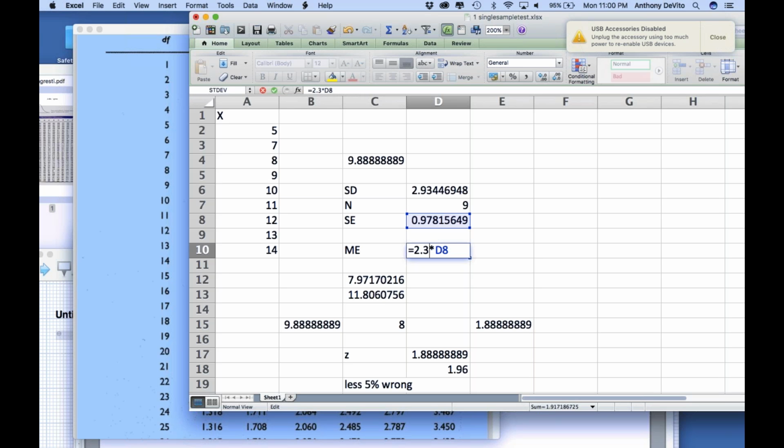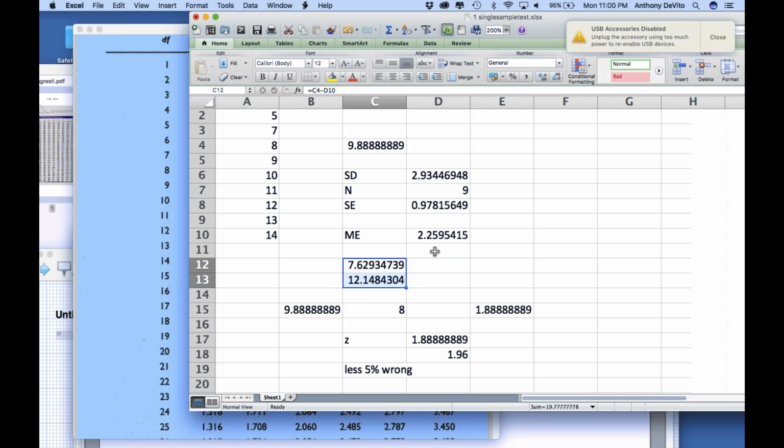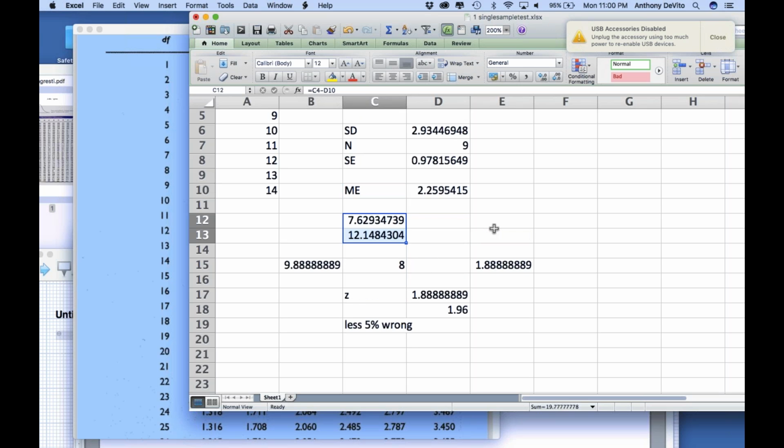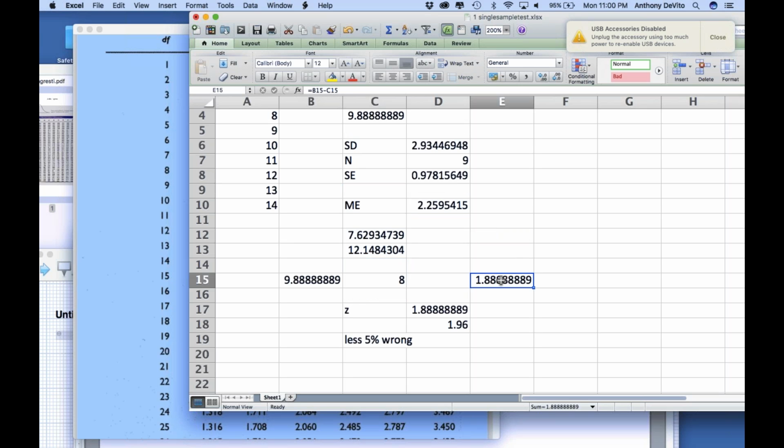3.06, I'll call it, 2.31, right? Times that. Now my confidence interval became wider because of that extra uncertainty introduced by that t-value. And in fact, now if I go down here and I actually calculate this again, my standard error is equal to